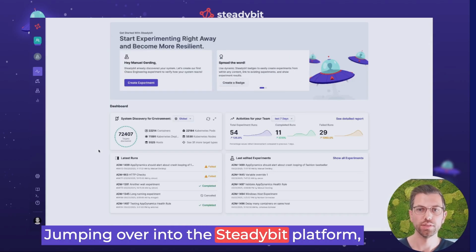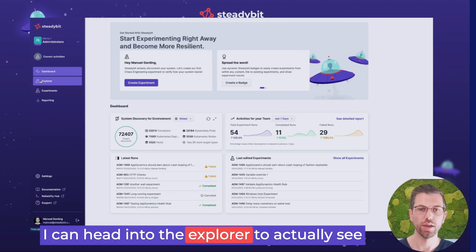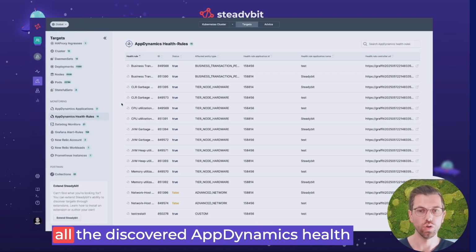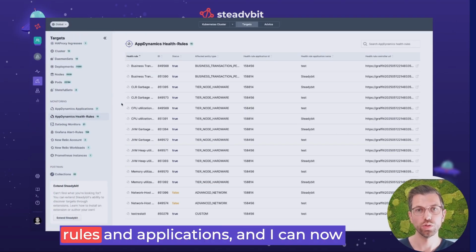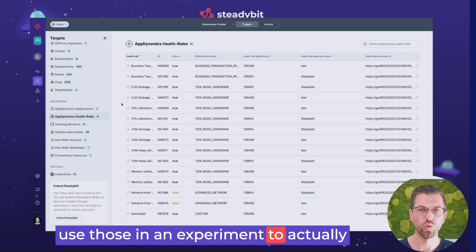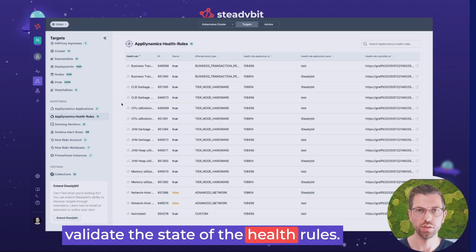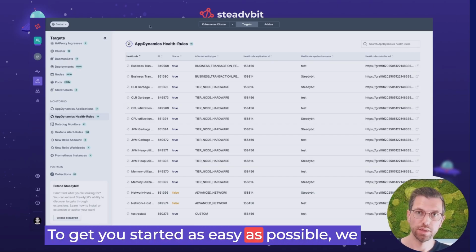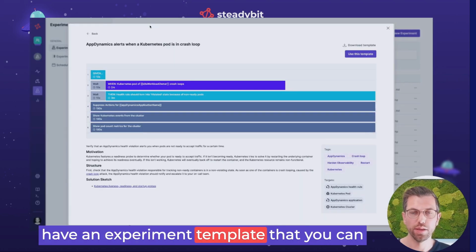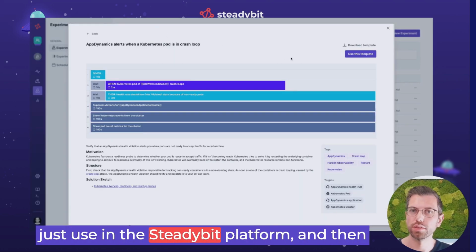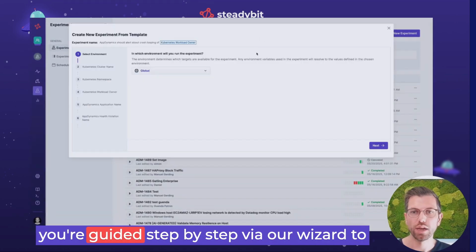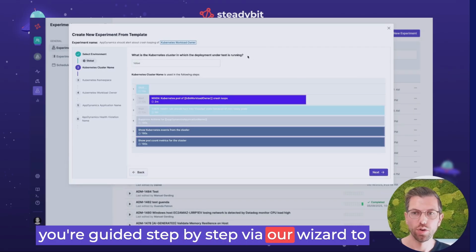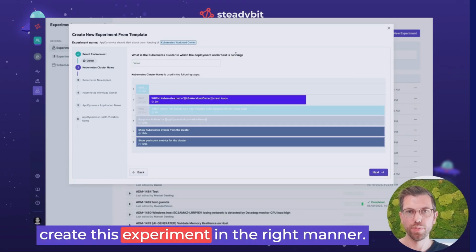Jumping over into the Steadybit platform, I can head into the Explorer to actually see all the discovered AppDynamics health rules and applications, and I can now use those in an experiment to actually validate the state of the health rules. To get you started as easy as possible, we have an experiment template that you can just use in the Steadybit platform, and then you're guided step by step via our wizard to create this experiment in the right